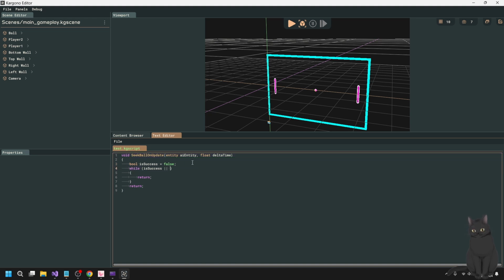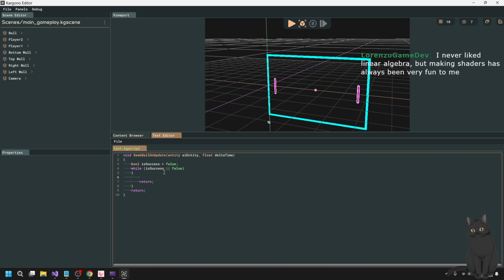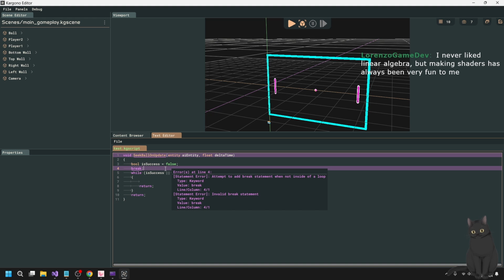Yeah, so it's parsing Boolean expressions correctly. And then the next thing is if I try to do a break outside of the while loop, it should throw an error. And it should tell me, yep, attempt to add break statement when not inside of a loop. Perfect.